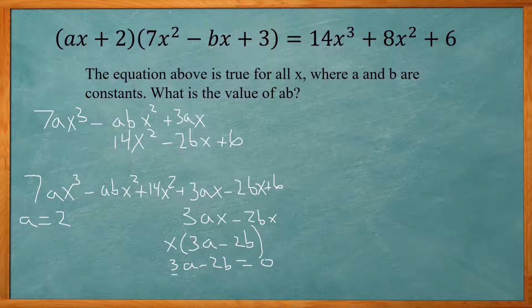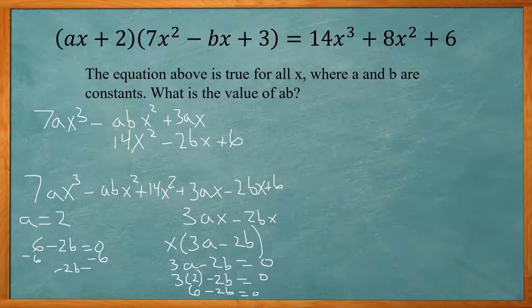And I know a is 2, so 3 times 2 minus 2b equals 0, or 6 minus 2b equals 0. And I will subtract 6 from both sides. Negative 2b equals negative 6. Divide by negative 2. And b equals 3. So I know a equals 2, b equals 3, so this 2 times 3